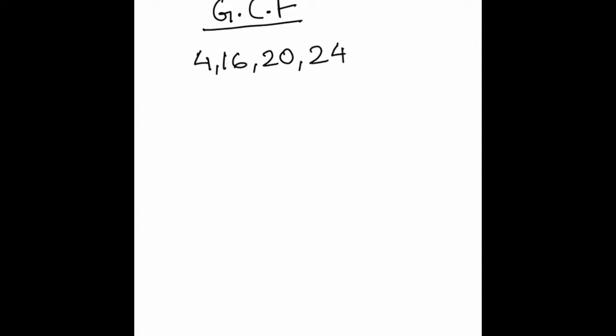Let's say we have a group of numbers 4, 16, 20, and 24. And we wanted to find out the greatest common factor of these four numbers. We would start off by dividing, and our goal would be to find one number that could divide all four of these numbers. Again, when dealing with greatest common factor, we are only interested in the numbers that can divide